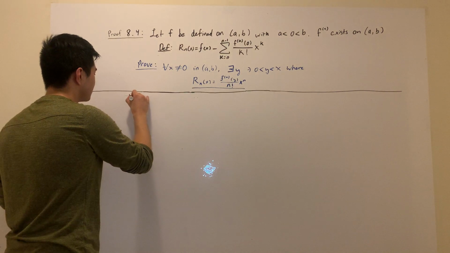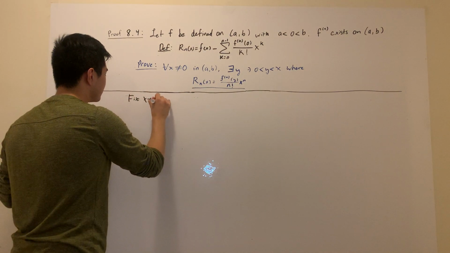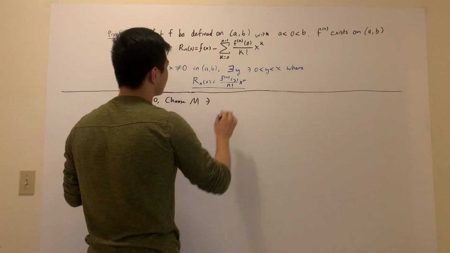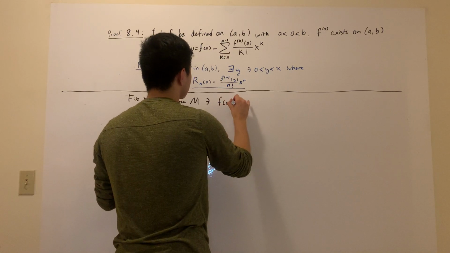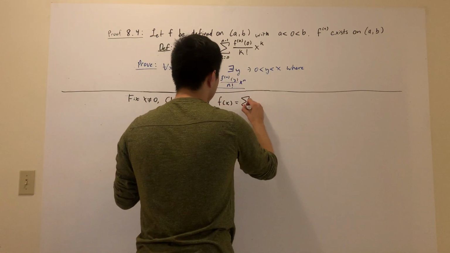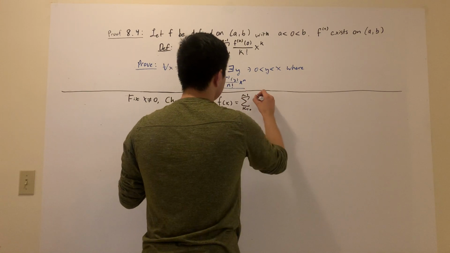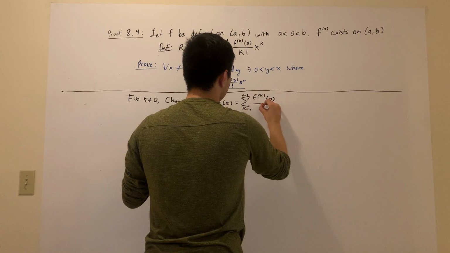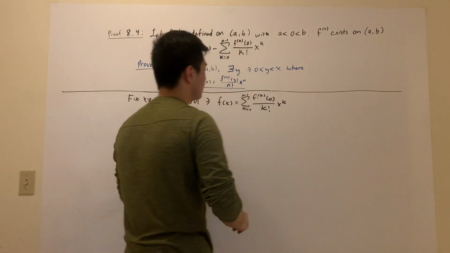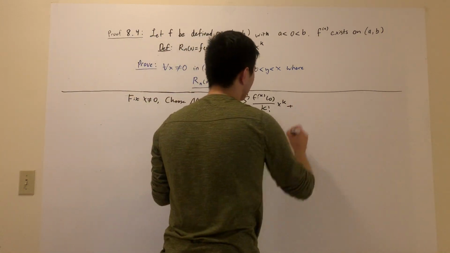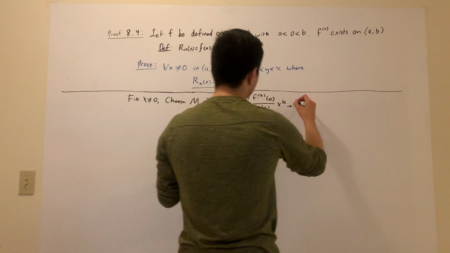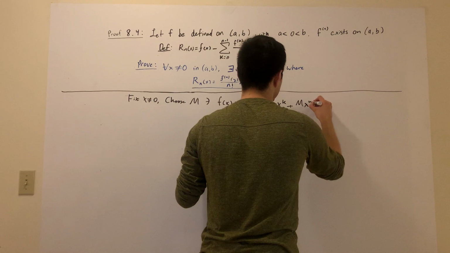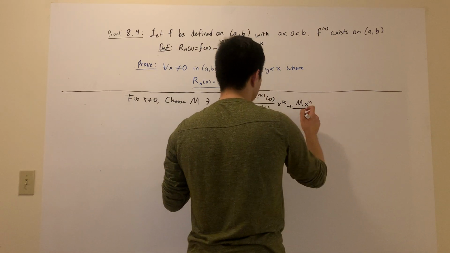So we're going to fix x not equal to 0, and we're going to choose a value of M such that we can rewrite this function to be equal to the same summation, k equals 0 to n minus 1, of the kth derivative of f at 0, like that. And then we're going to add on the remainder, but this time we're going to replace the nth derivative of f at y with M, so that your remainder is M times x to the n